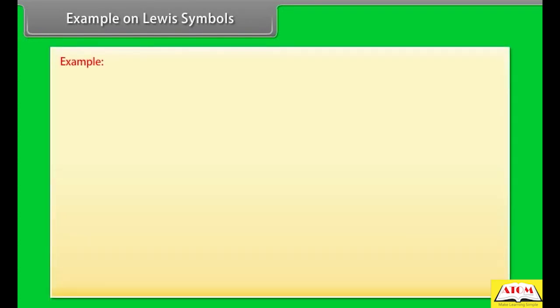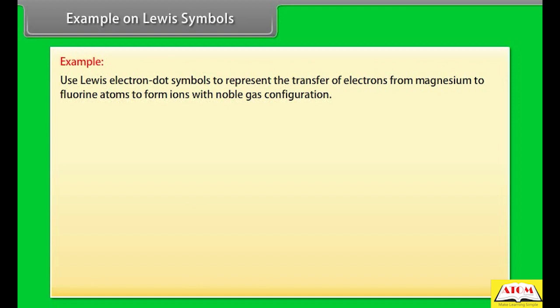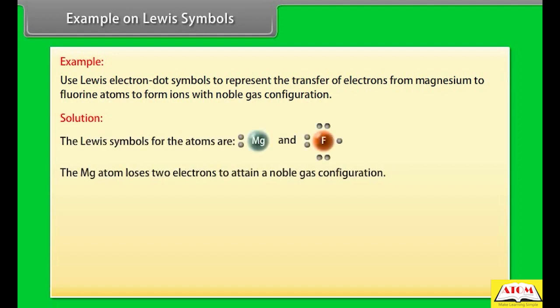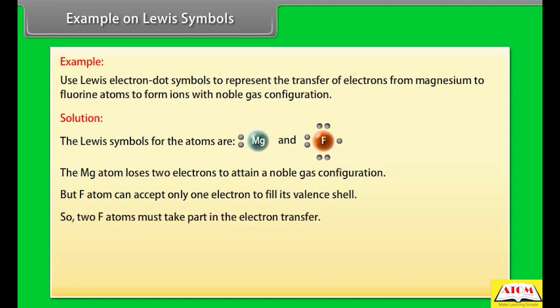Example on Lewis symbols. Let's take an example on Lewis symbols. Use Lewis electron dot symbols to represent the transfer of electrons from magnesium to fluorine atoms to form ions with noble gas configuration. Let's see the solution. The Lewis symbols for the atoms are: the Mg atom loses 2 electrons to attain a noble gas configuration, but F atom can accept only 1 electron to fill its valence shell, so 2 F atoms must take part in electron transfer. We can represent this electron transfer as